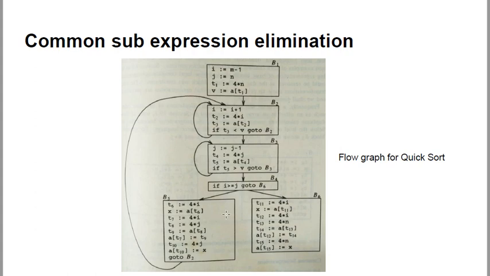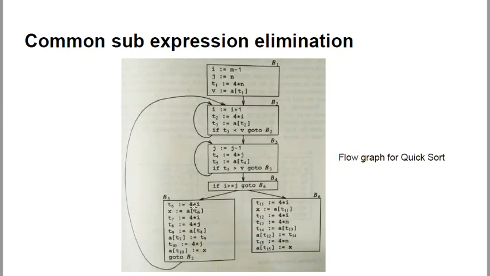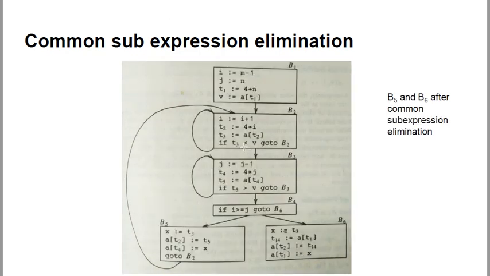So if the changes are done in different basic blocks, if only one basic block is changed, then that is some local transformation. But if the changes are occurring over the whole flow graph, then those changes can be considered as global changes. So global common subexpressions are being eliminated, and the results are shown in this. See over here, this 4 into I is being stored in this over here.